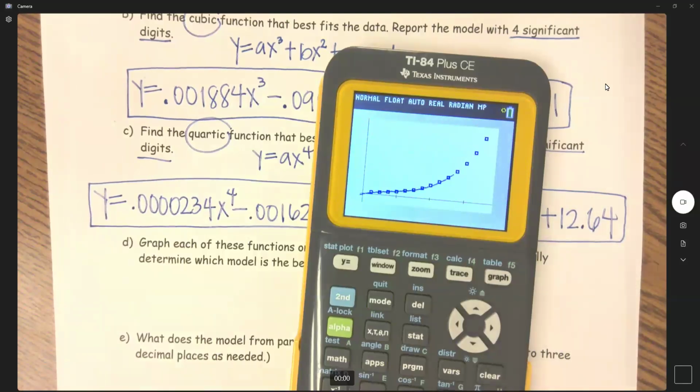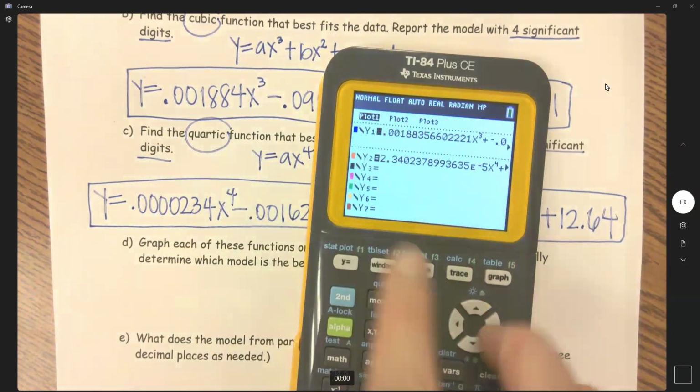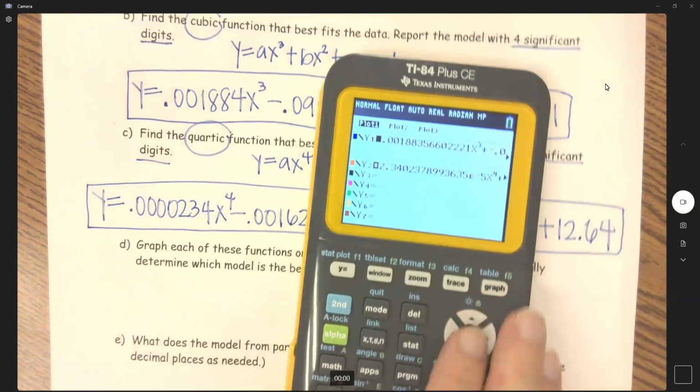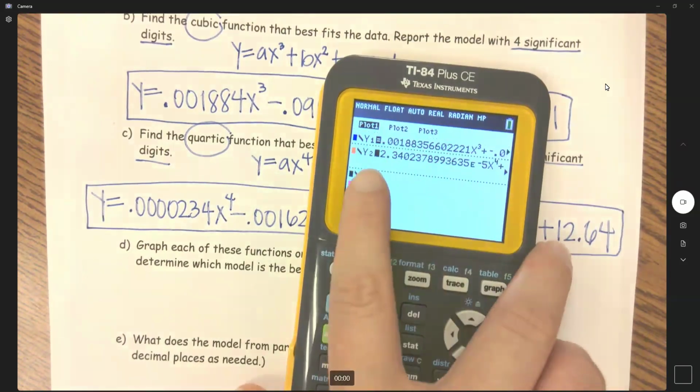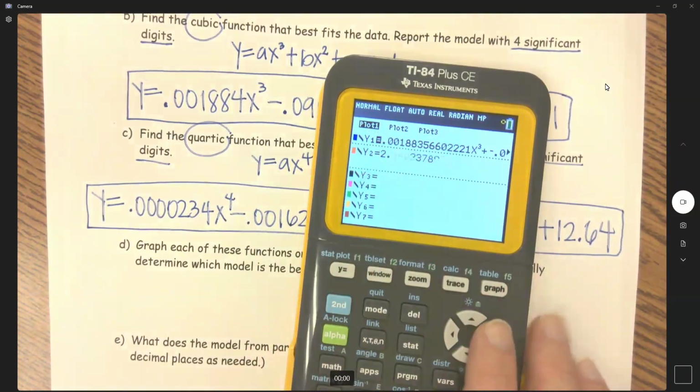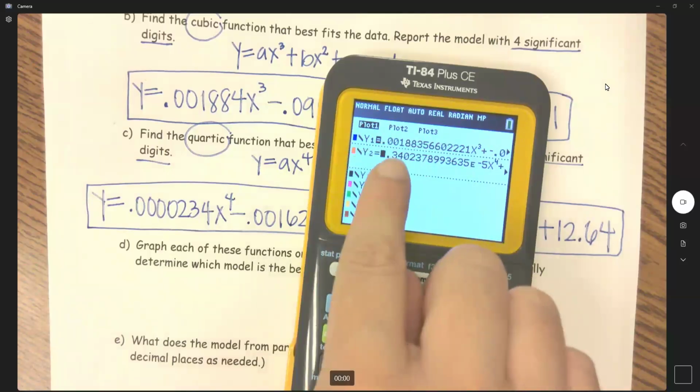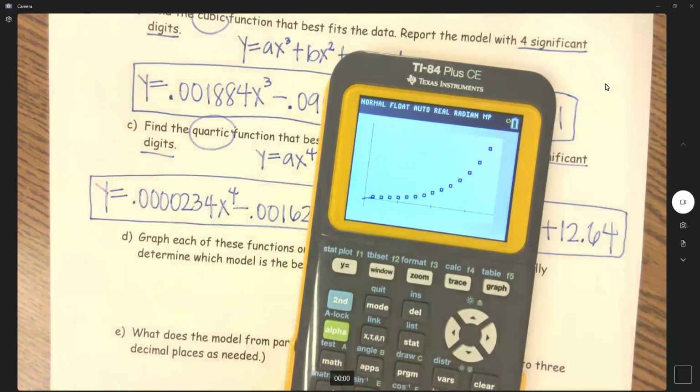Now it tells you specifically to do them at the same time, but it's kind of hard to tell when you do them at the same time. So here they are together, and it really looks like they're both on top of each other. Like there's not much of a difference, right? Well, let's just do one at a time and see if it helps. So I'm going to unhighlight that equals, and that means it's not going to graph my Y2. So now when I hit graph,